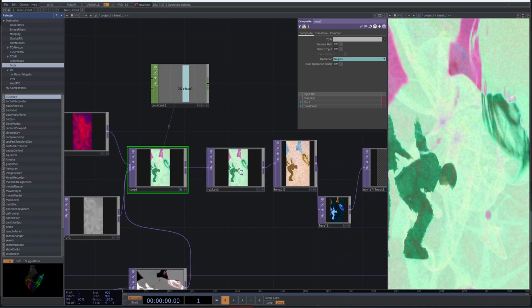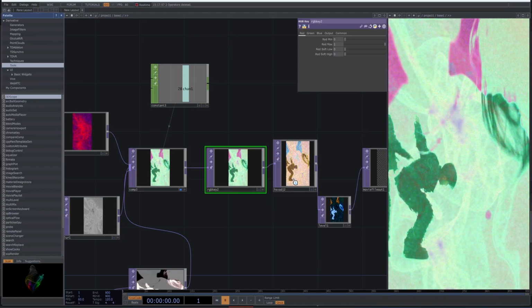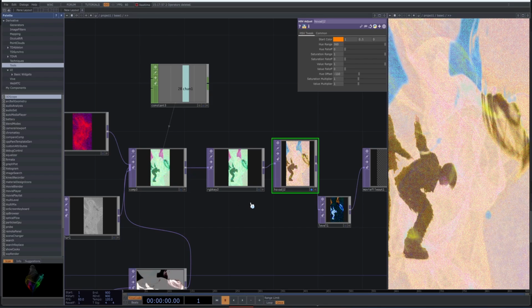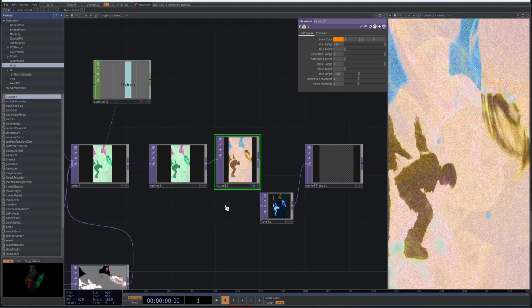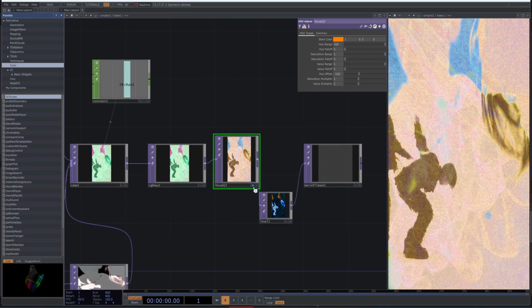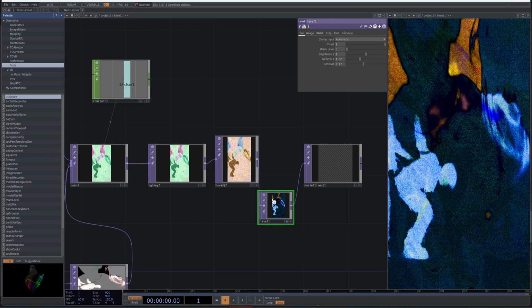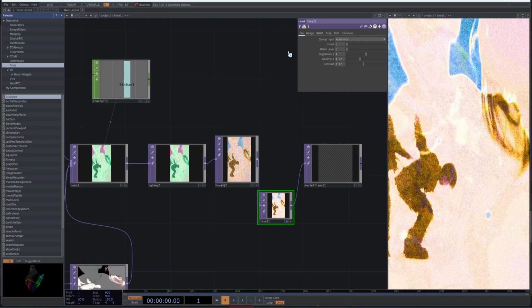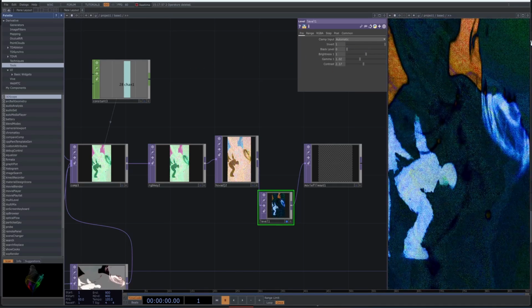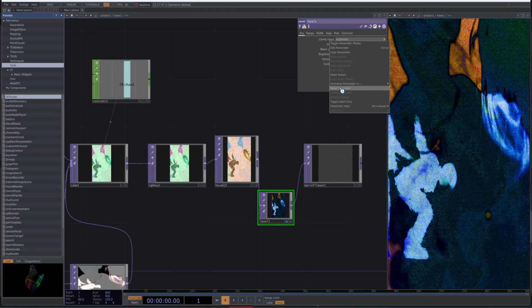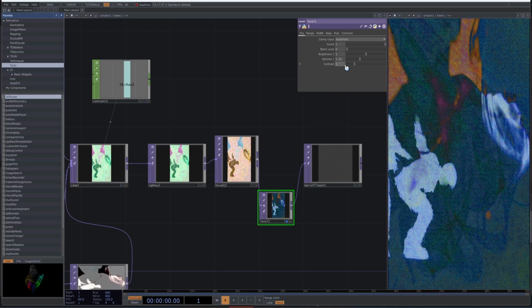So from this comp, I then connected it into an RGB key, and then from there I connected it into an HSV adjust to adjust the colors, get it looking more sandy and beachy. And then from the HSV adjust, I connected it into a level, which was mostly done just to invert the colors, because that's primarily what I did, is just invert the colors. And then I tweaked the gamma and the contrast a little bit, mostly the contrast, because if I reset this, it's a little bright,